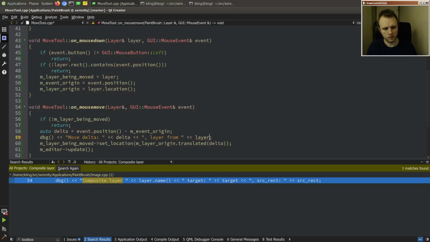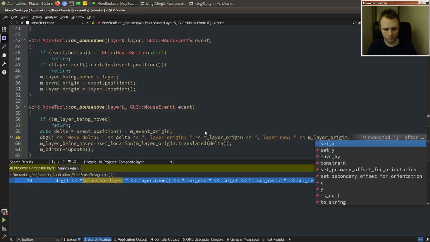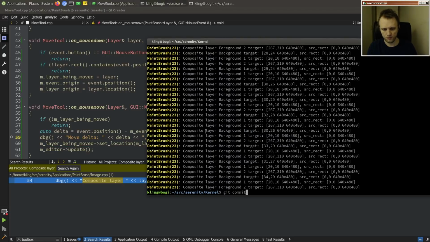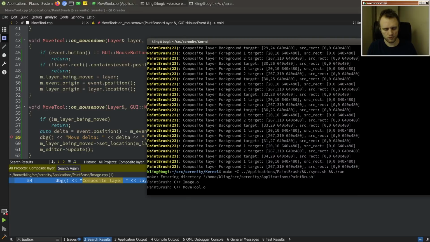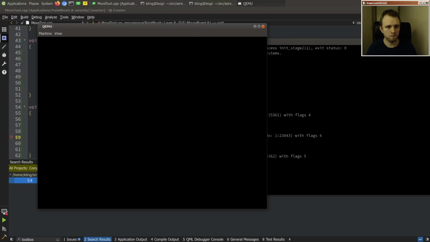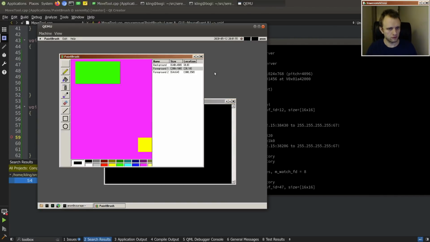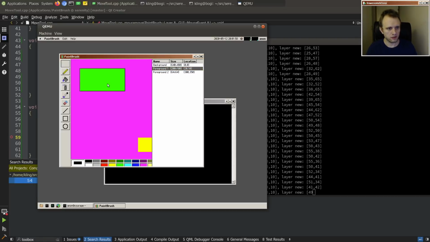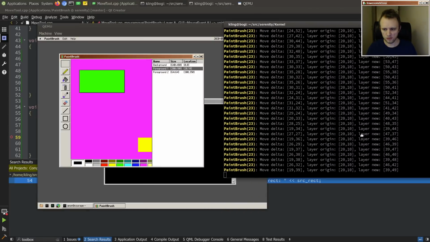Layer from, layer, let's say layer origin. Layer name. Should select something by default here. Okay, so